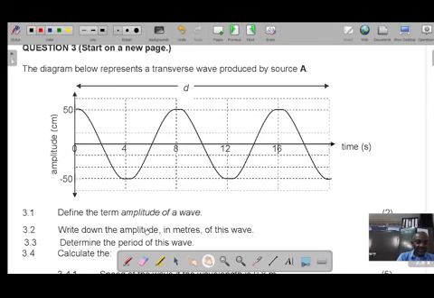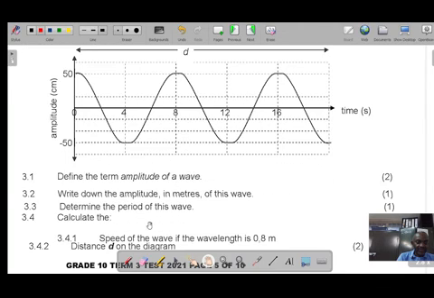So our amplitude A equals 50 centimeters, the same as 0,5 meters. Okay, so the next question says: